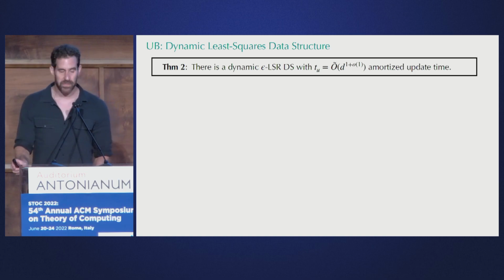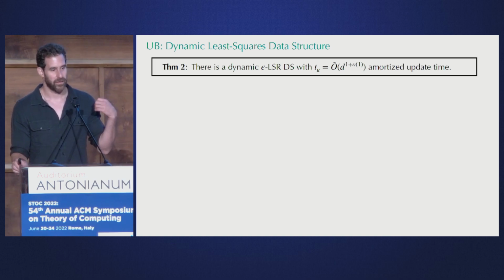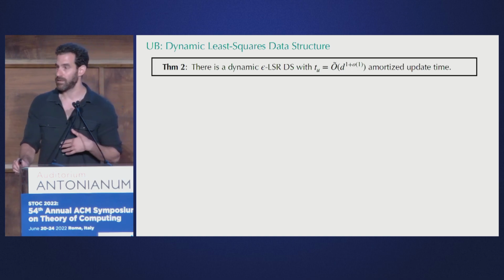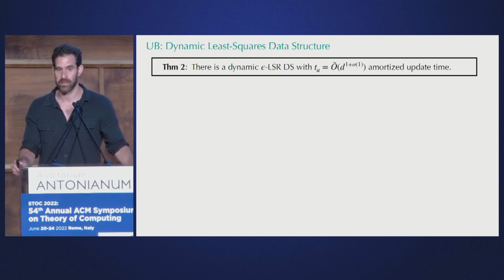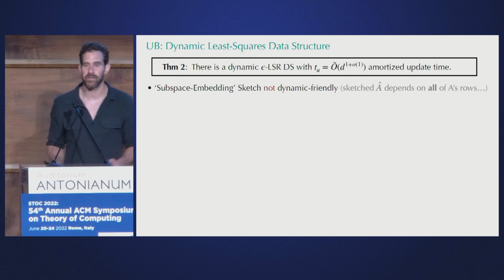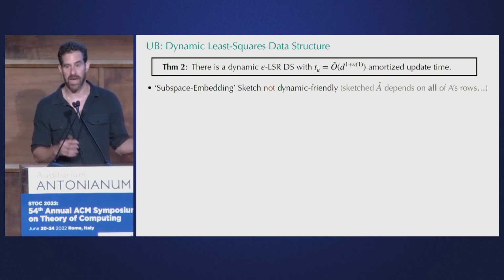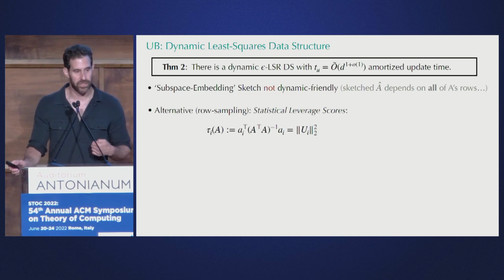All right, so let me start by sketching the upper bound. No pun intended. We want to prove that for the low accuracy regime, we can maintain a dynamic least squares regression data structure with roughly d polylog d update time, amortized. All right, so the first thing that comes to mind is, well, let's try to dynamize the static sketch and solve solution, right? And this actually suffers from one problem, which is that,